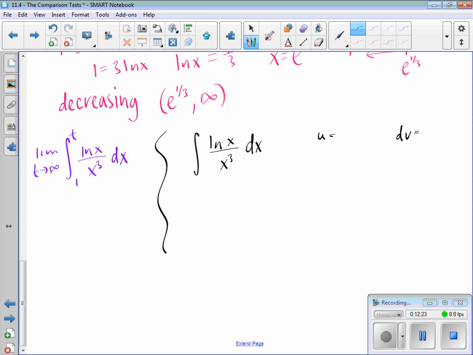Where would natural log x have to go, here or here? The u. So we'd have natural log x here, and this would be x to the -3rd, right? Take the derivative of this and we get 1 over x dx. And take the antiderivative of this and we get